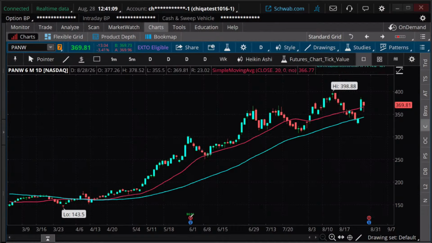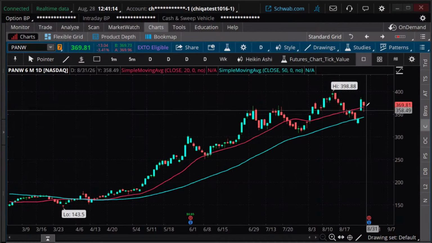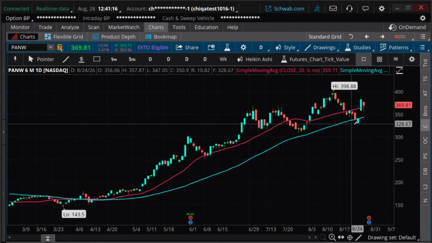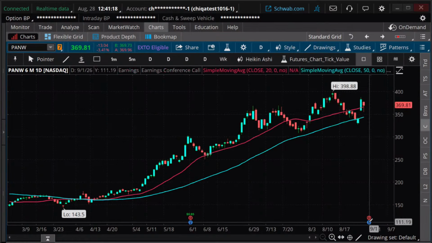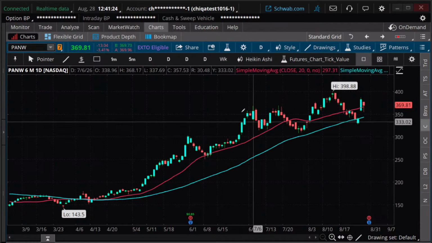It can move down on earnings. It kind of did last time, and then it recovered, and it can do this time. Who knows exactly what's going to happen, but I'm not worried if it goes down a little bit on earnings. This is a longer term trade. That's a much more directional trade.